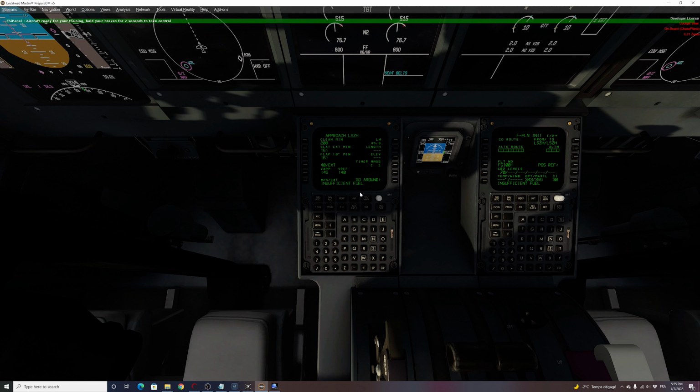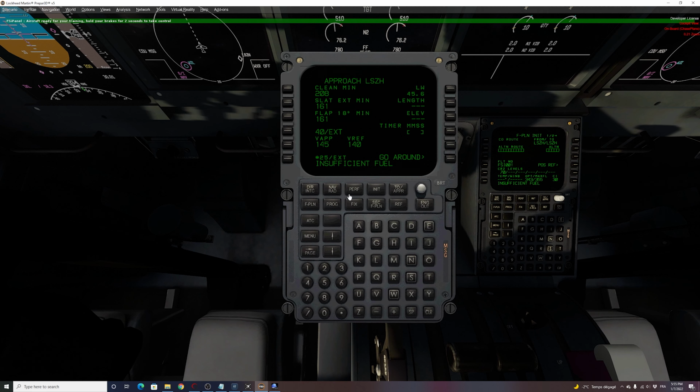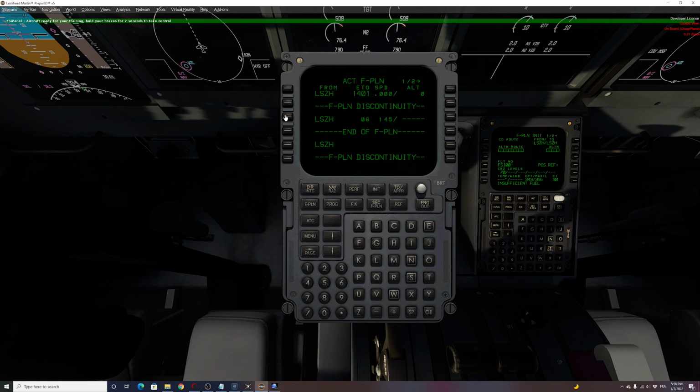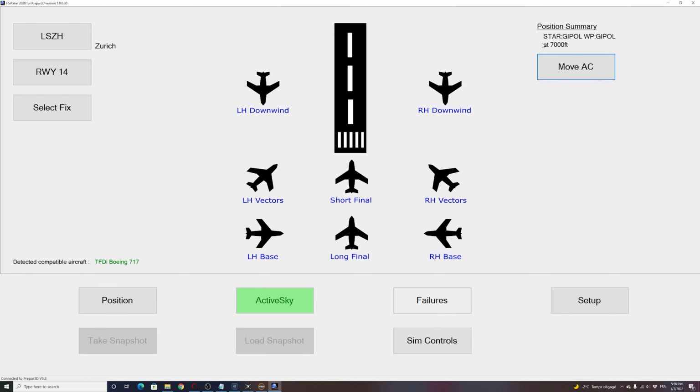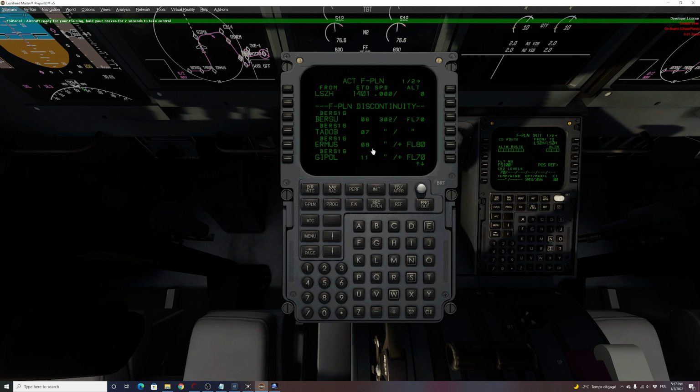So before I take control, I could now use that time to set my approach. So for example, here we are in Zurich. Okay, so we can set our MCDU. So I will select, for example, the ILS 14. And there we said that we are arriving from Bercy 1 Golf. Insert. And remember, if we look into FSiPanel, we were supposed to be 5 miles before the position Gipole at 7,000 feet. So if I go now to my flight plan and I go direct to position Gipole, right there,